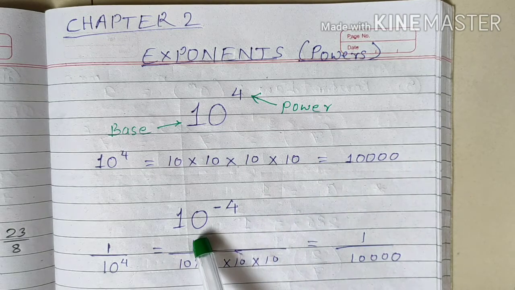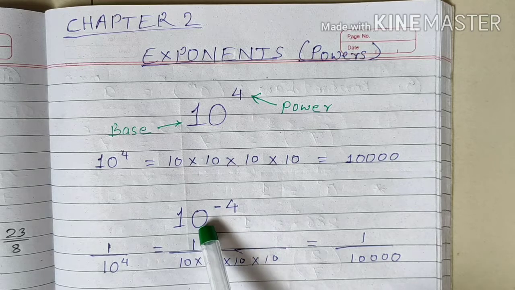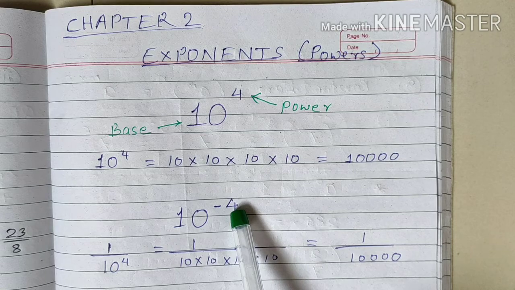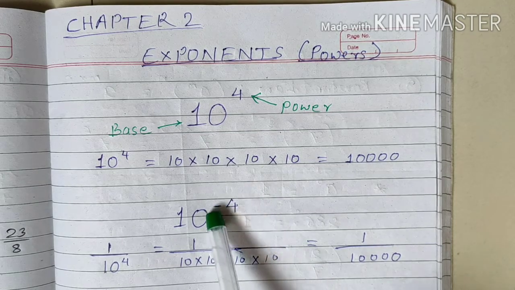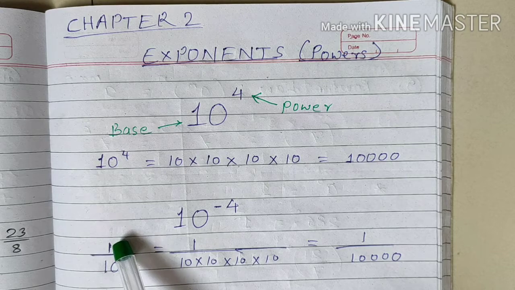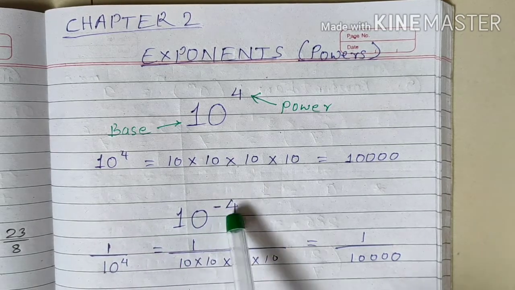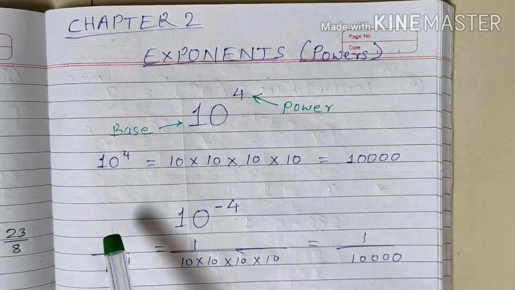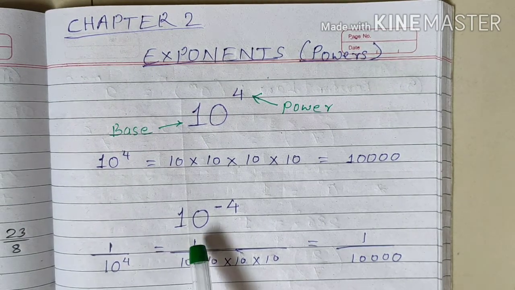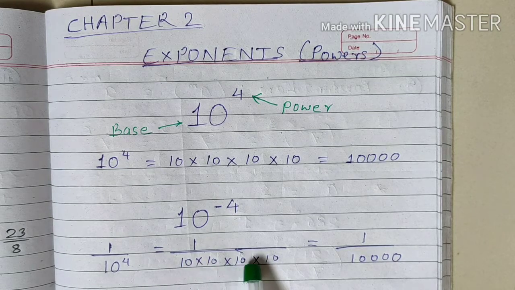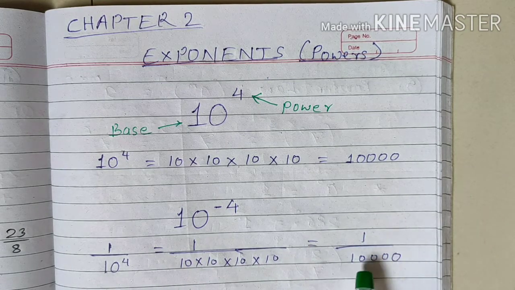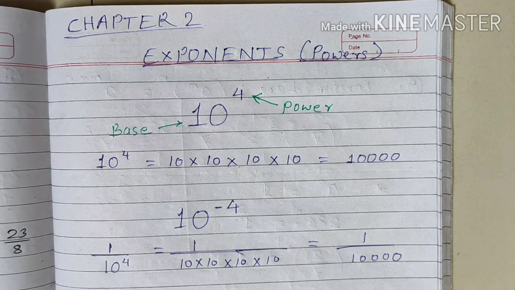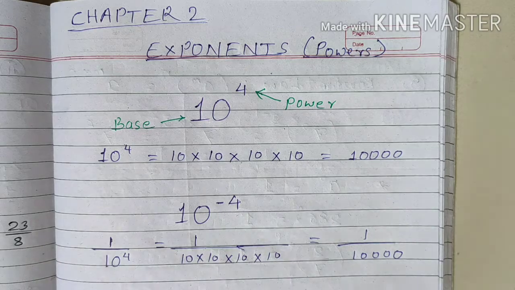Similarly, there are negative powers also. If the same case, 10 raised to minus 4, is there, we can write this minus 4 in terms of reciprocal, meaning 10 raised to 4. If we want to make this negative power positive, it becomes a denominator, meaning 1 upon 10 raised to 4, which equals 1 upon 10 multiplied 4 times. So again it is 1 upon 10,000. Okay, so this is about the exponents.